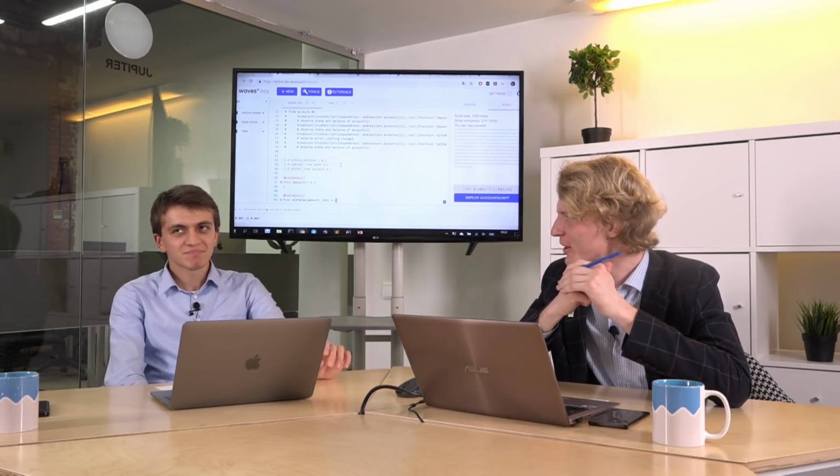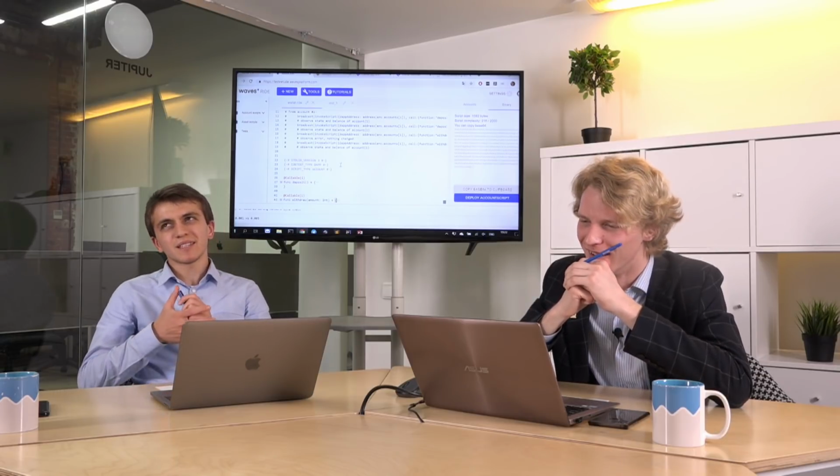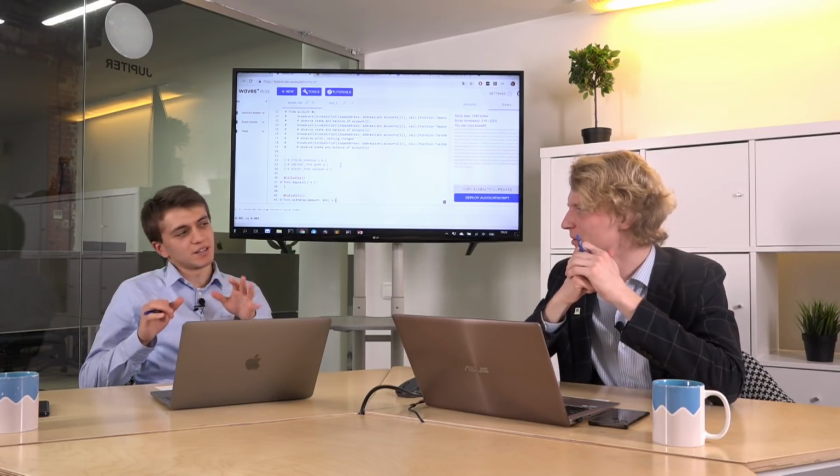I see. So let's compare Write and Write for the apps a little bit, and just summarize the differences between them. First one, now you can define functions.